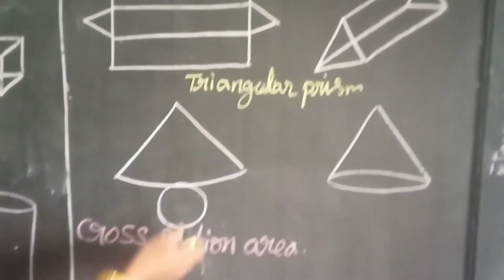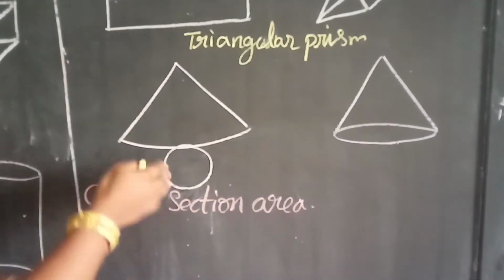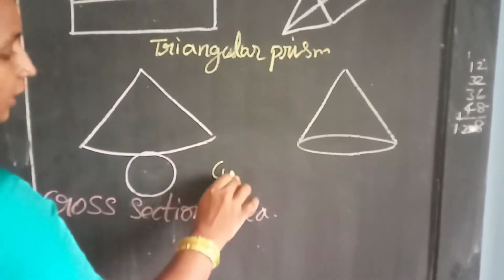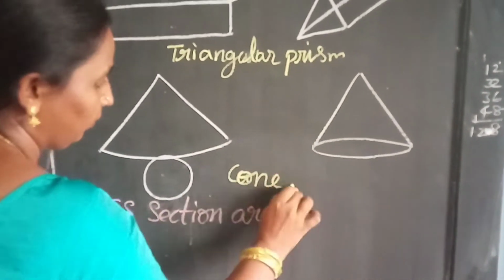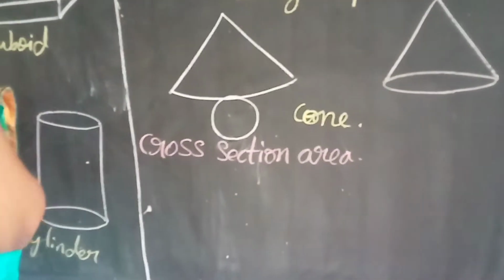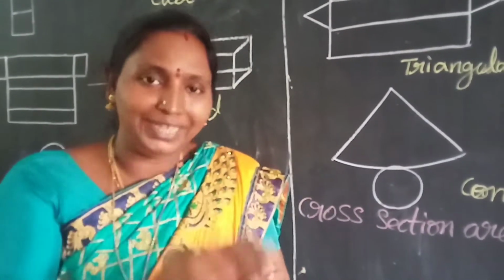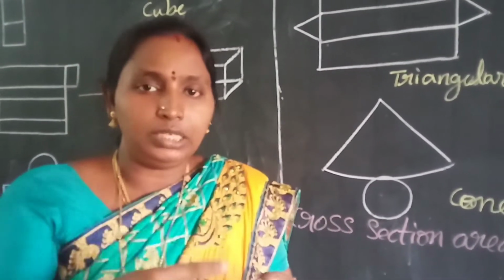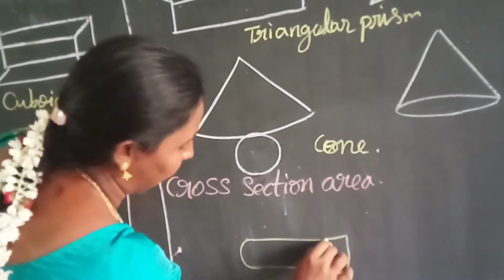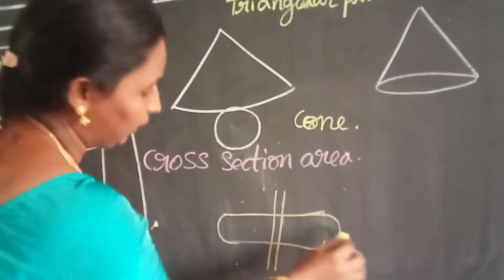So see the next one. If you fold this one like this and fold this one to the upper side now, you will get a cone shape. This is the net for making a cone. Okay, next we are going to see cross section area. If you take a carrot or a radish and cut it into equal parts, you will get a cross section part, like this. Imagine this is a carrot. If you cut a cross section, cutting across like this, now you will get a piece.